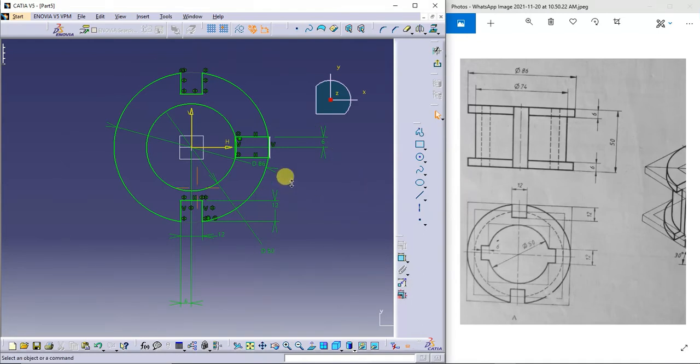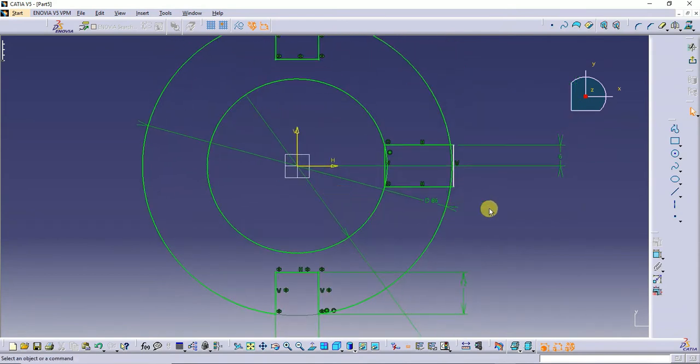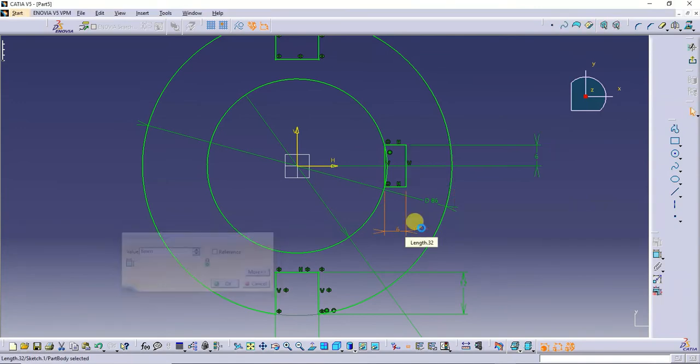Now the length of this is 6 mm. Now I'll go for quick trim.